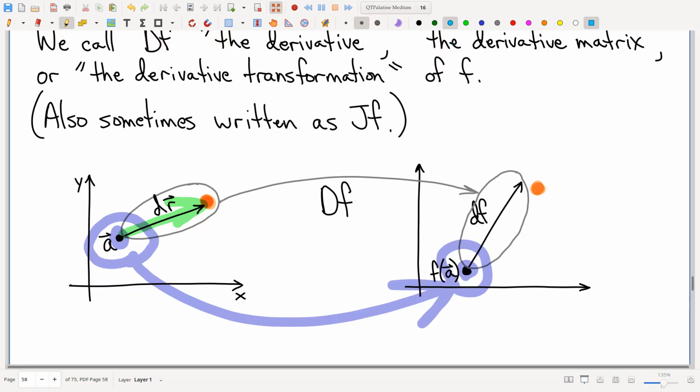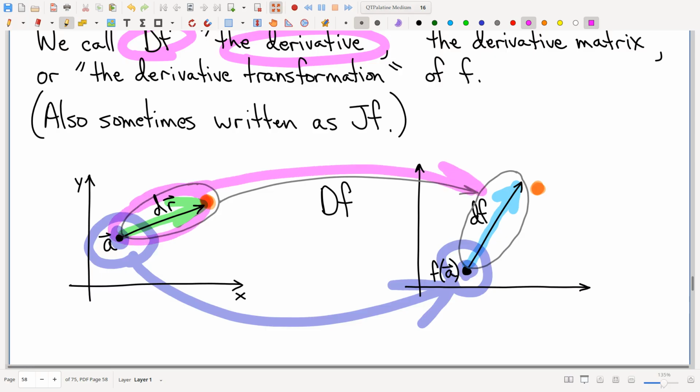If you want to estimate the change, keeping in mind your estimates are never quite right. Right? They're always off a little bit. That's why we call them estimates. So the derivative matrix, aka the derivative, is the thing that turns that input vector, that input change, into this output change. So again, it's not perfect,